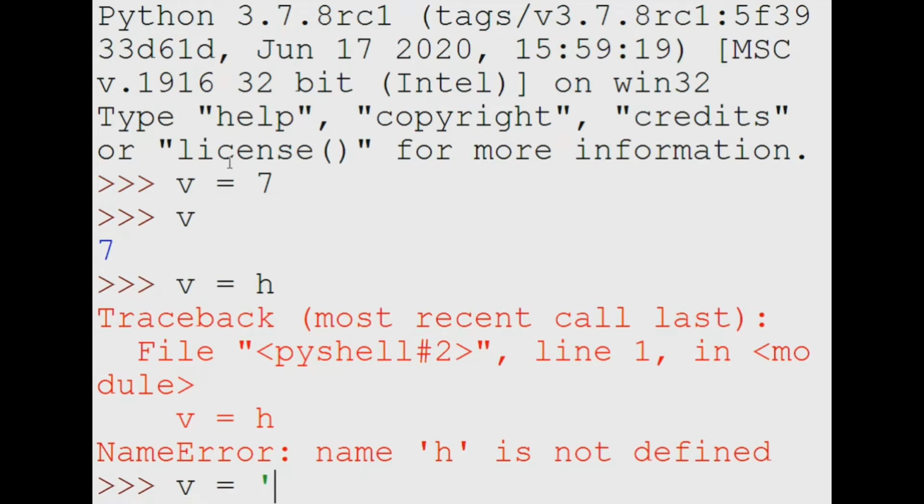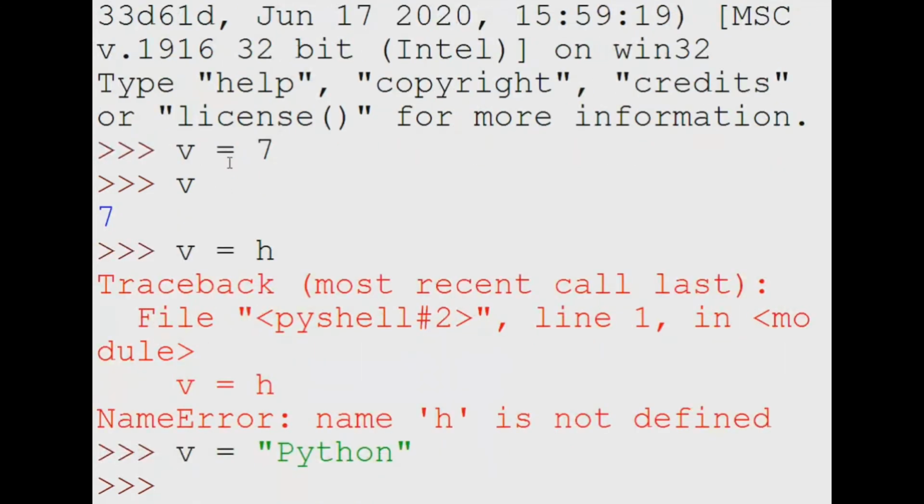Now I will take this one because I like it. Then I write Python and enter, and then type v, it will give me Python.